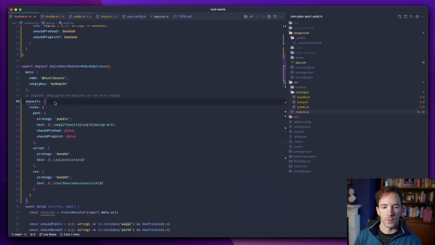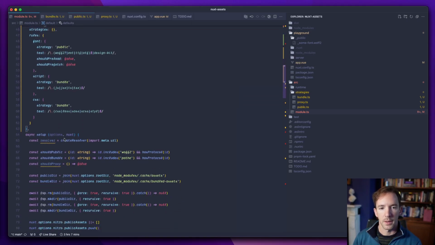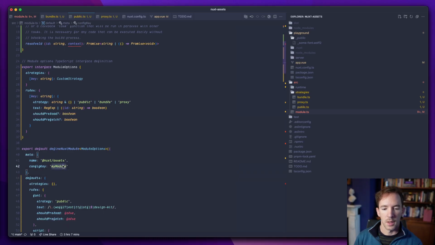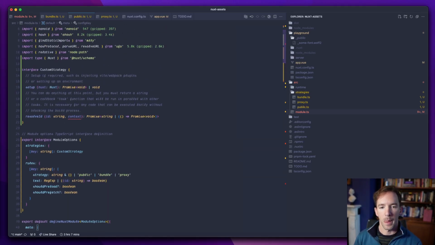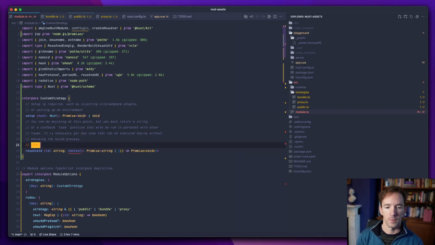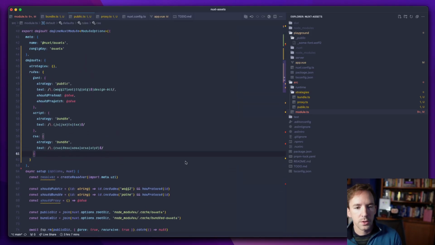Okay, and we also have some strategies which are just going to be, I think, empty. Okay, so we have got our default options. Okay, so what we want to do